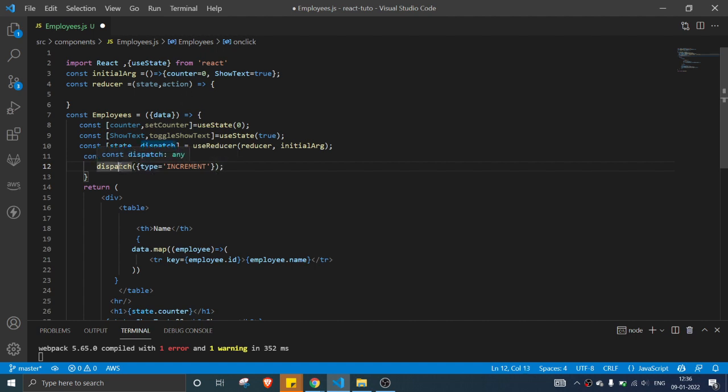As we said, dispatch will call the action. So we have a parameter called action dot type equal to increment, then do some logic over here.